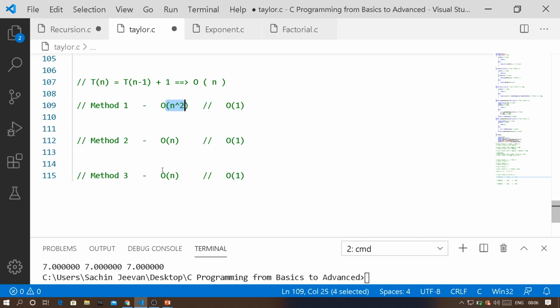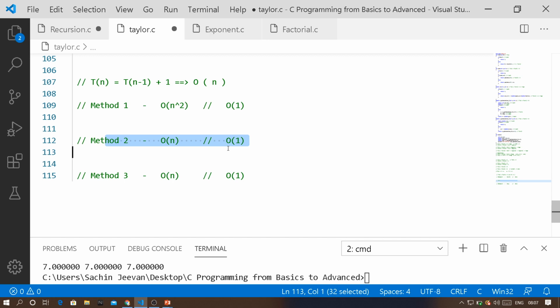Coming to method 2 and method 3, both are having the same time complexity as well as the same space complexity. So how are we going to prove which one is efficient? Already we said that multiplication is mainly responsible for the time complexity. We told already that method 2 is taking 8 multiplications when the n value is 4. It will be taking 10 multiplications if the n value is 5. It will be taking 20 multiplications if the n value is 10, which means that if n is the input, then totally 2n multiplications will be taking place.